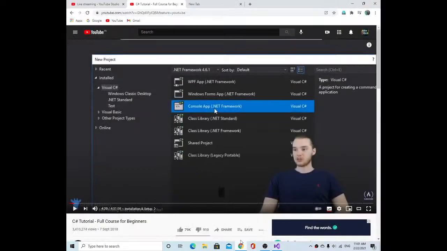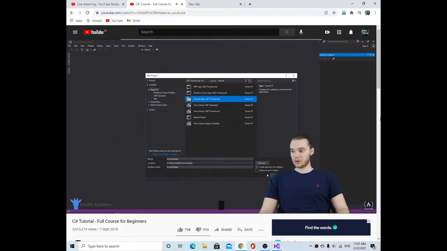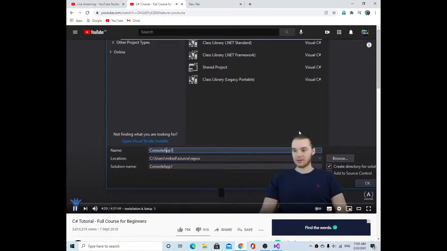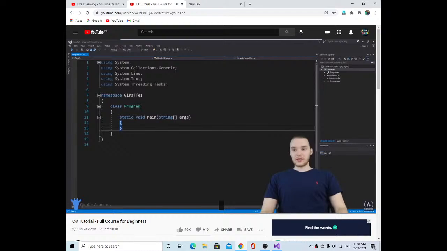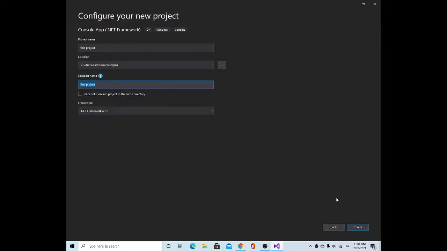ओके अब make sure you just click console app, and we should be good. So I'm just going to click OK. And actually down here we could give this a name. So I'm just going to call this draft, and then we could store it wherever we wanted to store it. So when this loads. ओके तो फिर हमें मुझे क्रिएट कर देना है। क्रिएट हो जाएगा,